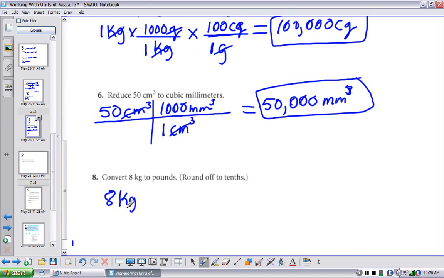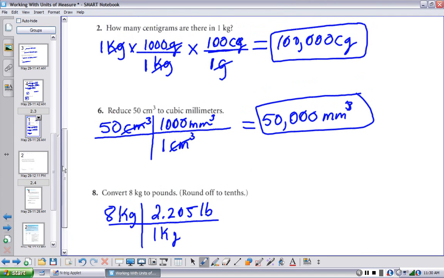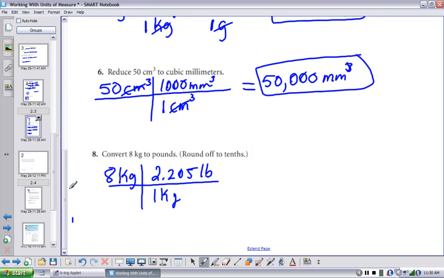So when we go to pounds, the kilogram needs to be in the denominator. 1 kilogram is 2.205 pounds. Okay? And if you multiply 8 times 2.205, and here it specifically says to round to the tenths,